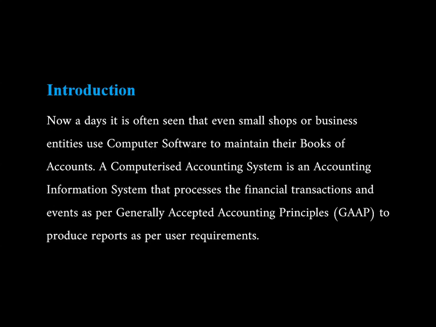Then the processing. Process means once the input is given, then the processing will be done. Means once you create the ledger, then the accounting voucher will be created. If you have not created the ledger group, it is not possible to create an accounting voucher. In the processing entry, what things will come? Accounting voucher, inventory voucher, invoice. So these things will come in the processing entry.